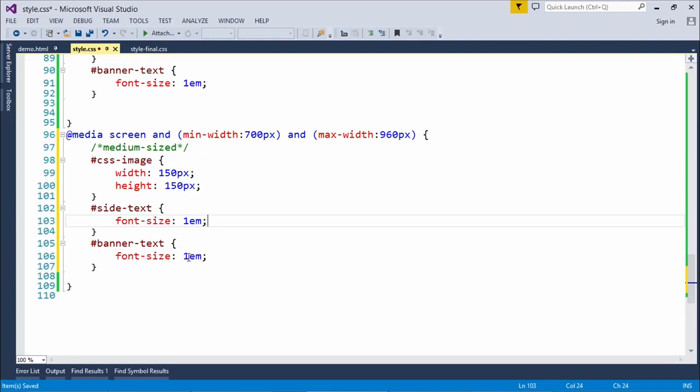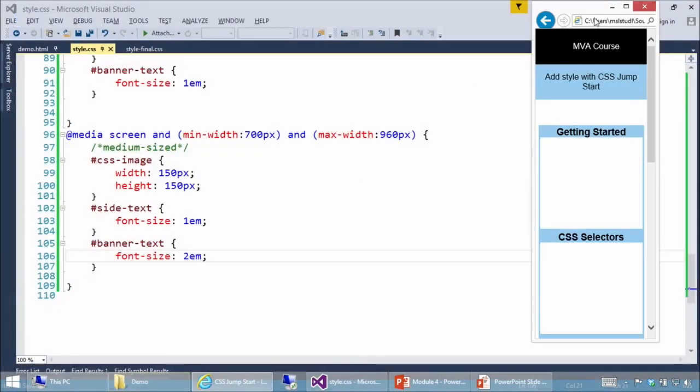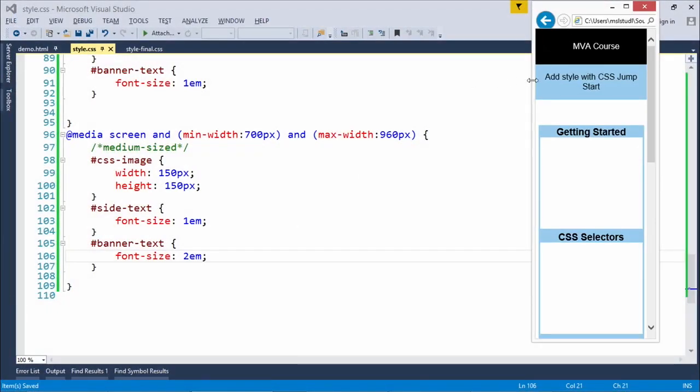And then for banner text, I don't want it the same size as my font, so I'm going to up that back up to 2 EM, so it's twice as big, and that still looks like a header text. And I'm going to save this, and then when I go over here and I refresh,